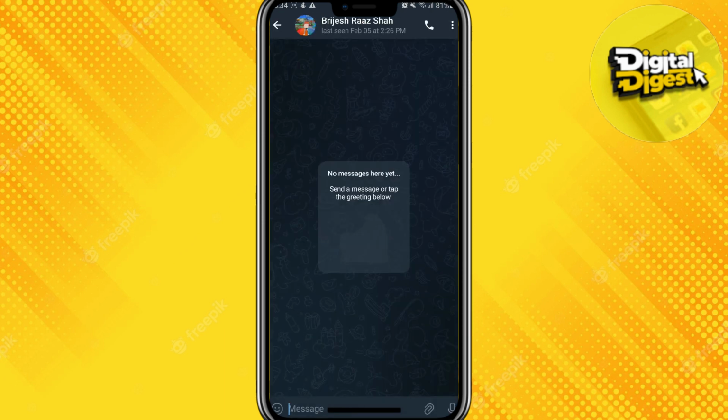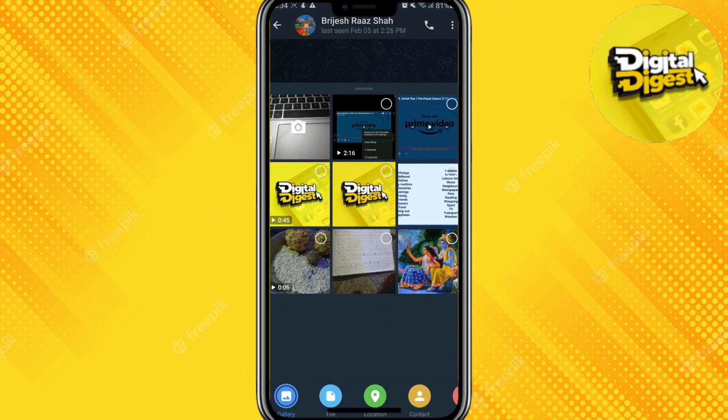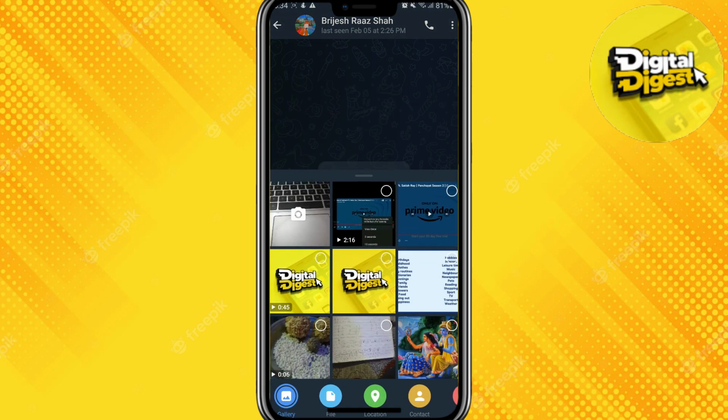Alright, so now to send the disappearing photo, what you have to do is go to the chat of the person that you want to send the disappearing photo. So here, as you can see, suppose I want to send our Digital Digest logo, the photo, to the person. So what you have to do is just click on the photo over there,